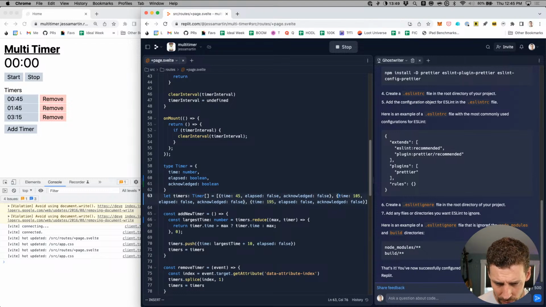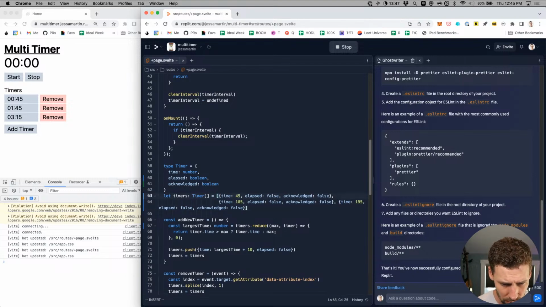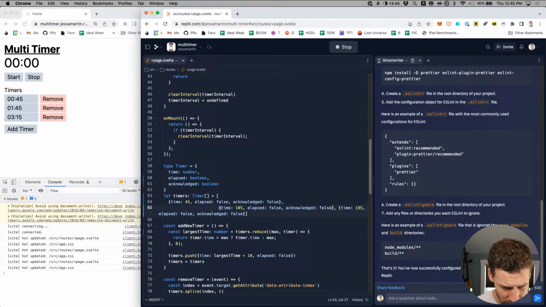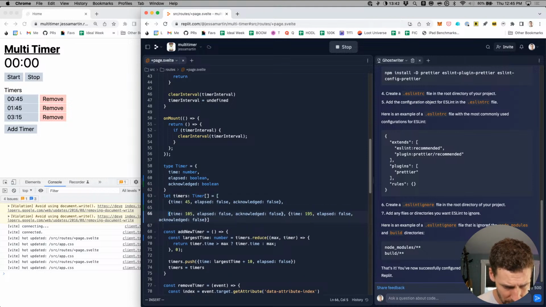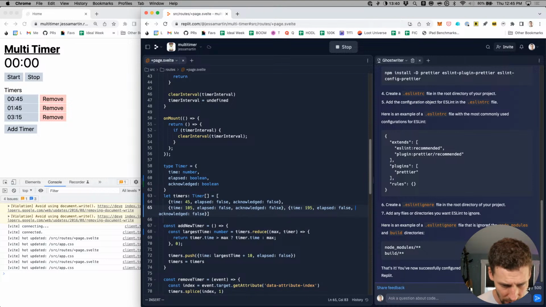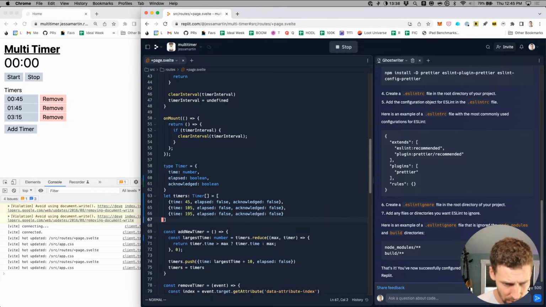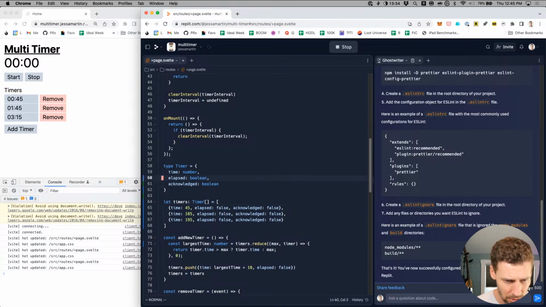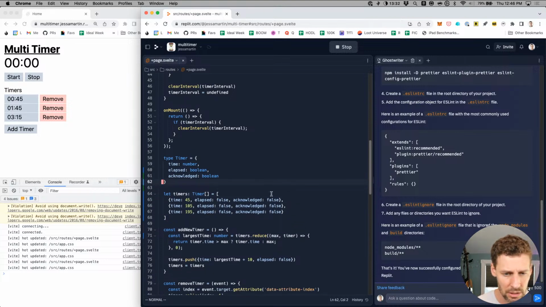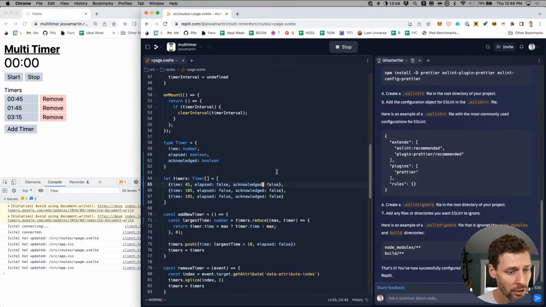But the reason I really wanted prettier is it's really annoying having to manually format these. I've gotten so used to having auto format happen on save. It's really nice. All right, so there's our timers being created. We have this acknowledged Boolean that starts off as false. And then,